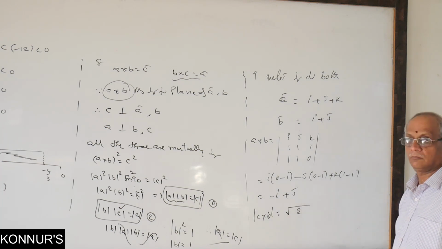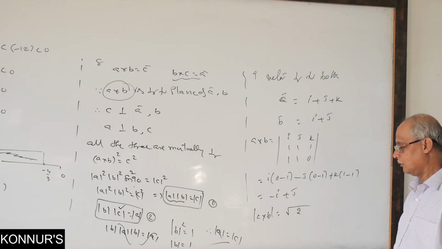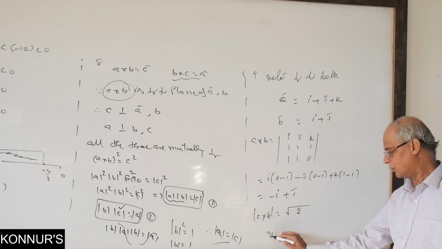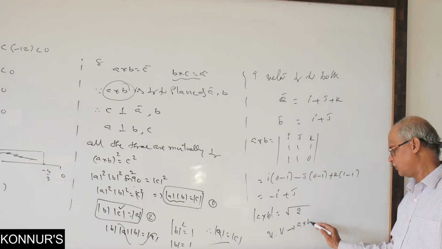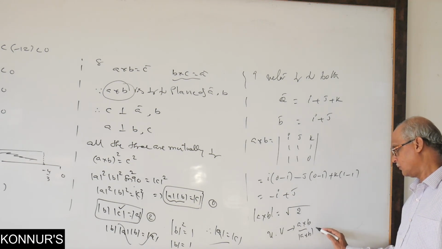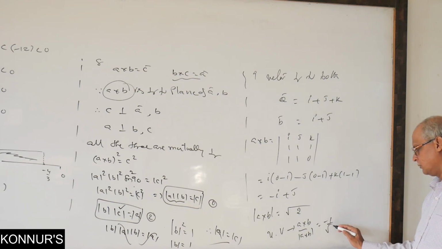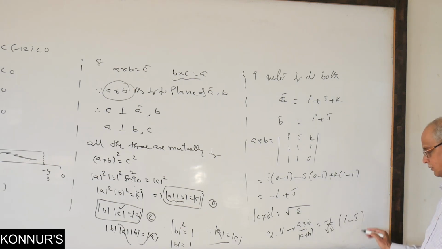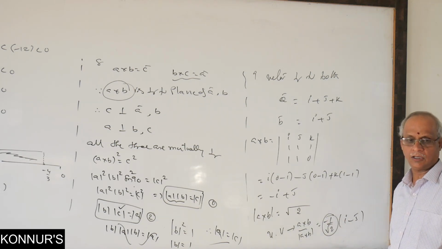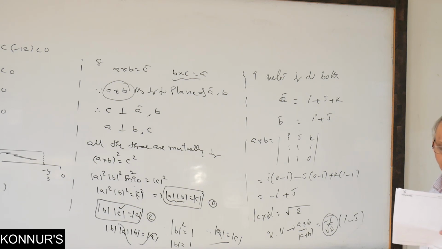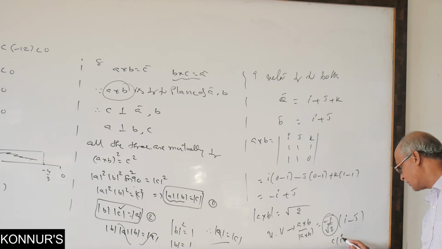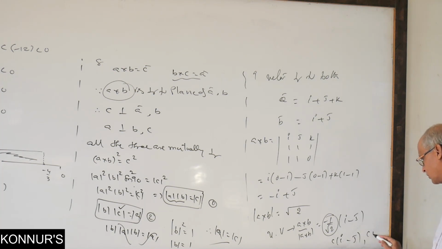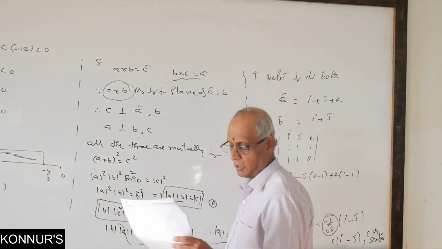Then what is its magnitude? Root 1 plus 1. If you consider the unit vector, it means A cross B by its magnitude only. That means take minus outside: i minus j. If you take this as any real number, something like lambda, k, c or anything, here he is writing in the third option, where C is a scalar. C into i minus j, where C is a scalar. What is the scalar value here? Minus 1 by root 2.